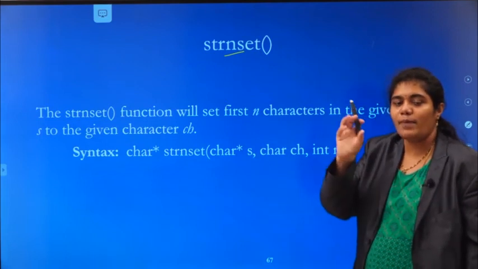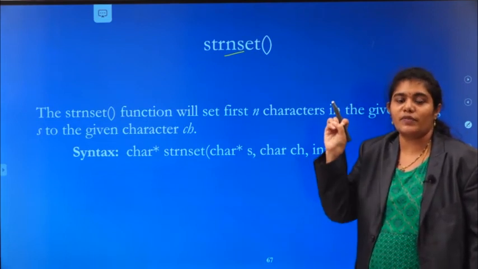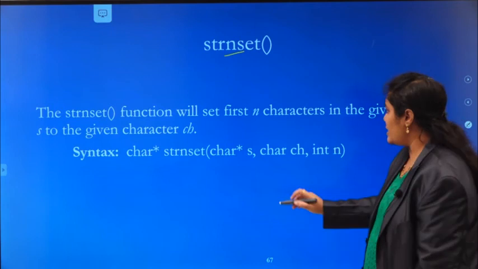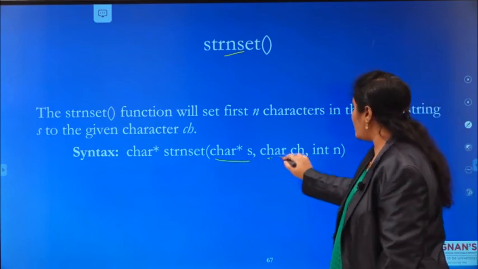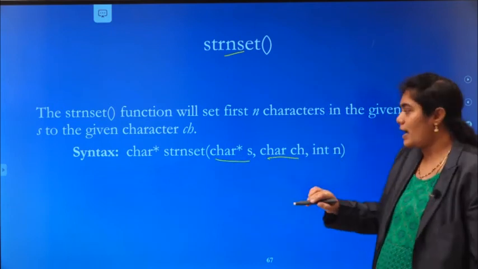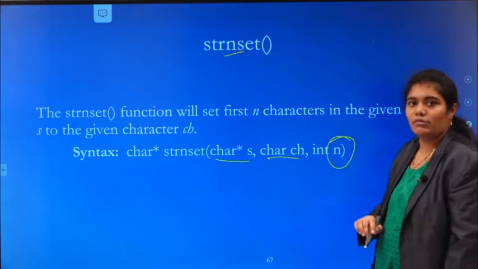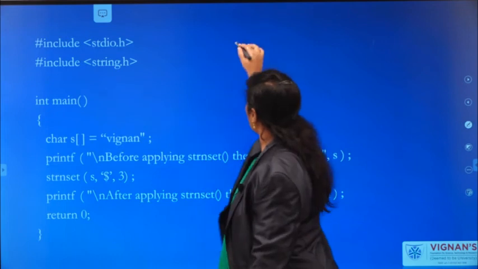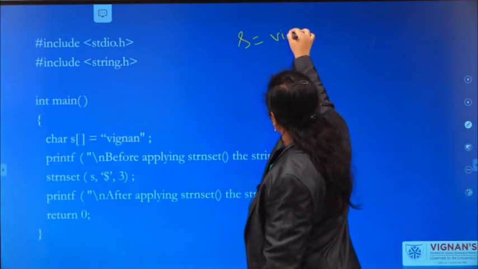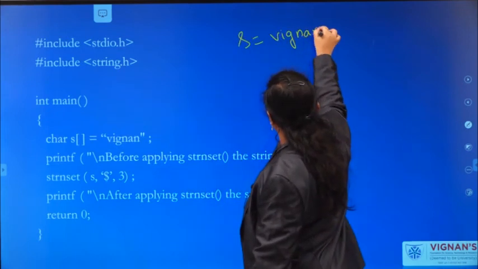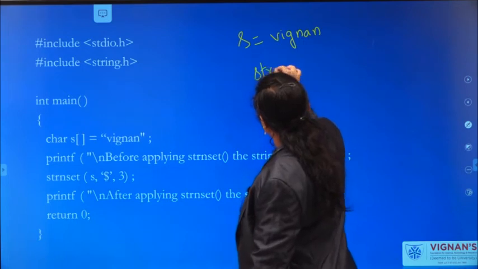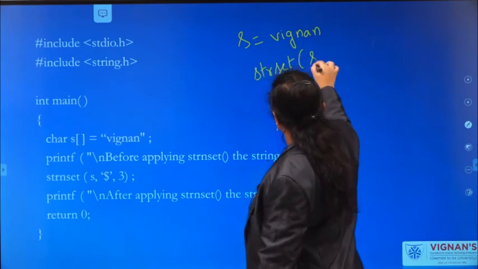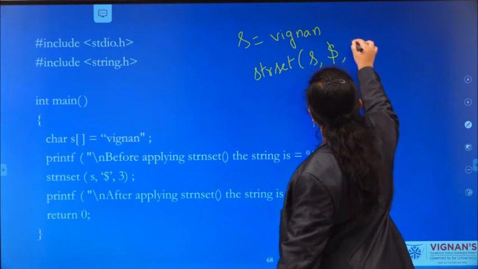strNSET will set only a particular number of characters with a given character. See here, the string, the character you are going to set, and how many characters you are going to set. S equals to Vignan. strNSET of S comma $ comma 3.